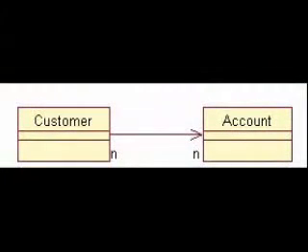In the next slide, the navigable association is shown with an arrowhead on the end of the association path attached to the target class, which is account. The arrow indicates the direction of traversal. If the navigation is possible in both directions,